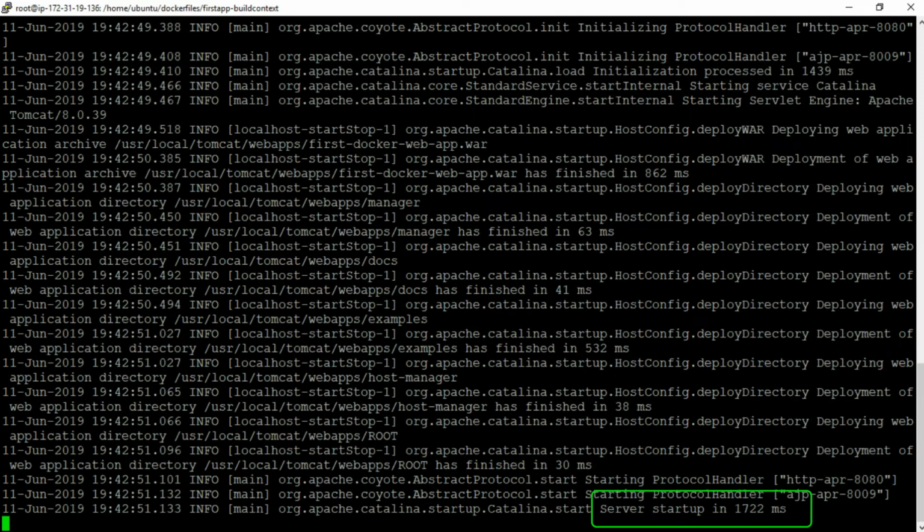And with this, here we can see friends that the Tomcat Docker container got started successfully. And now friends, as we have given the port mapping while running this container, so we can access this application using the host machine's port 8081 from the outside world. And so let us go to the browser now and let us hit the application URL to see if the deployed Java application is responding or not.